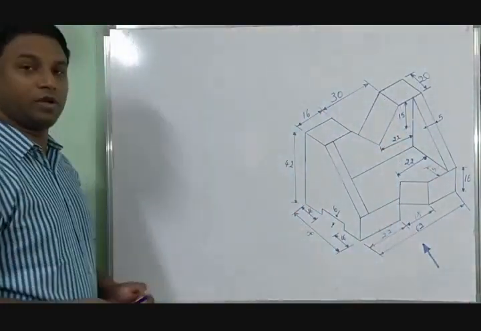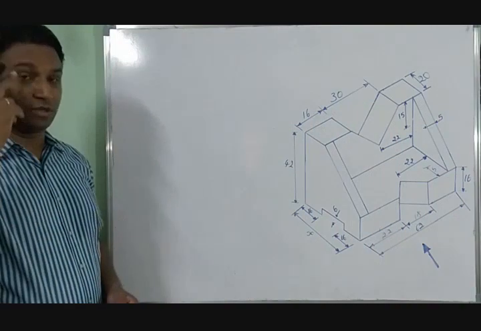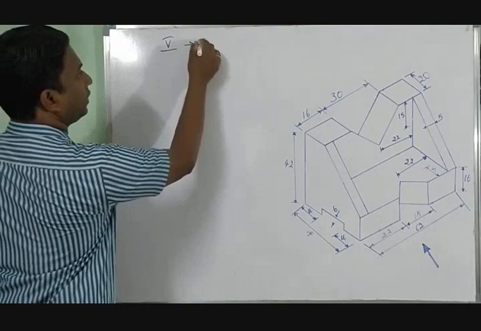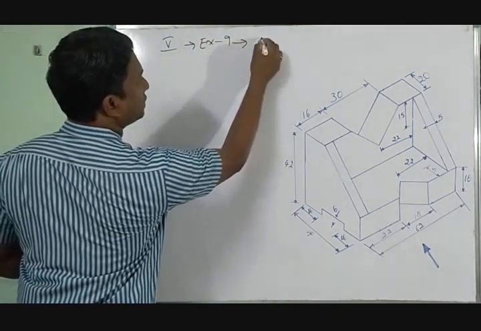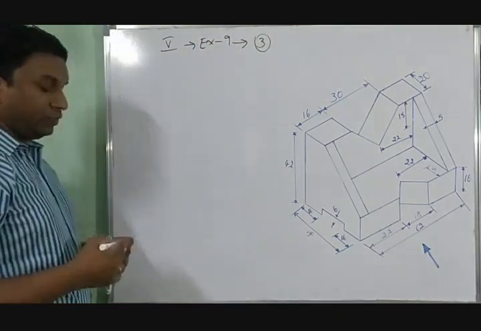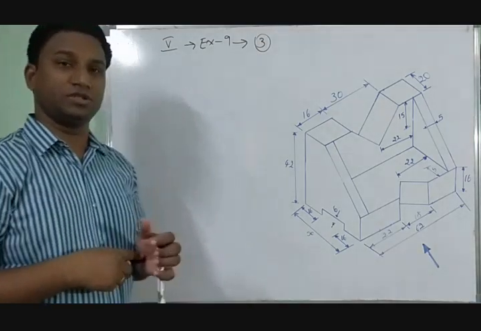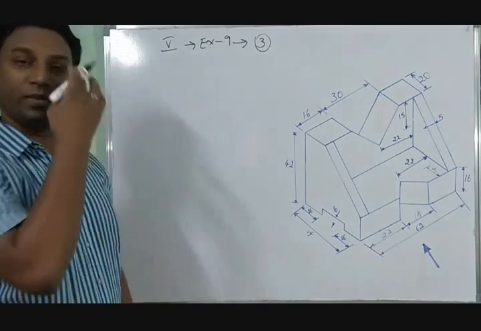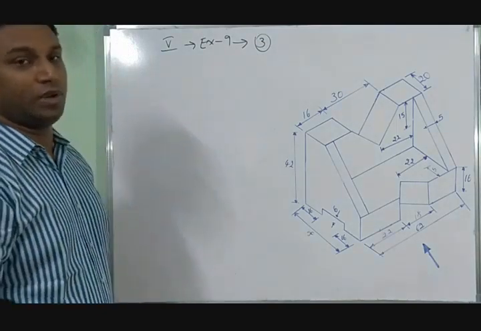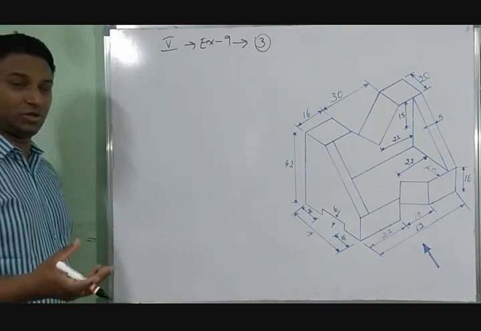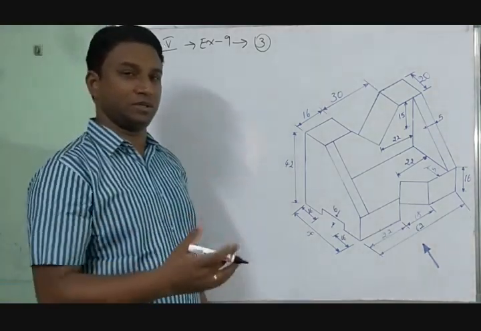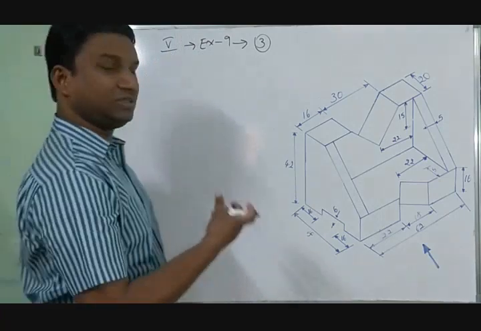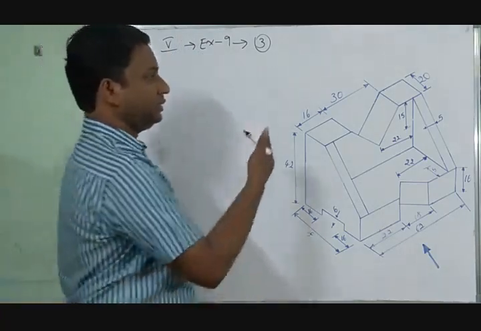Hello students, welcome back to our next video tutorial of engineering graphics subject. We are at unit number 5, exercise number 9, and this is problem number 3. We are discussing conversion of views, conversion of isometric to orthographic, that is conversion of 3-dimensional to 2-dimensional views. Previously we discussed two 3-dimensional objects. First one was just like steps, second one was something like an inclined web. Now it is a little bit more complex. This is the third problem.